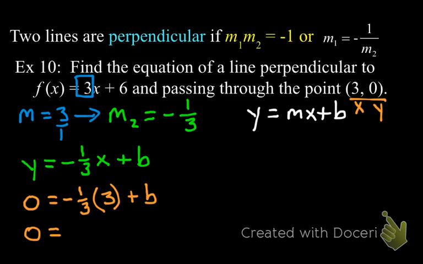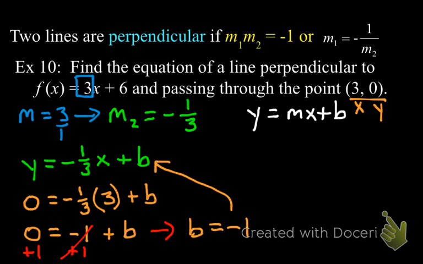So 0 equals negative 1/3 times 3. You can use a calculator. You're going to get negative 1 plus b. And then to solve that, we need to add 1 to both sides to get that b by itself. And that will give us b equals negative 1. So remember what that means. We're going to plug that back up into here. So that equation is going to say y equals, our slope is negative 1/3 x, which we already knew, and then we just figured out that the b value is,